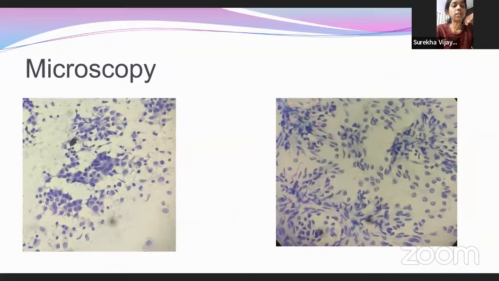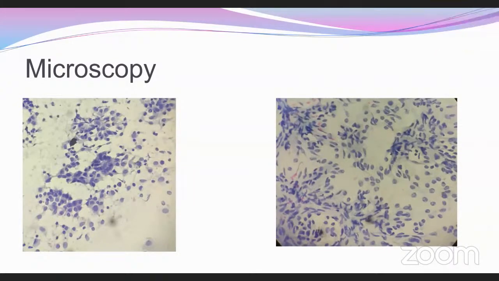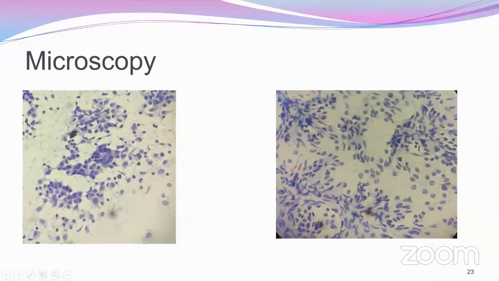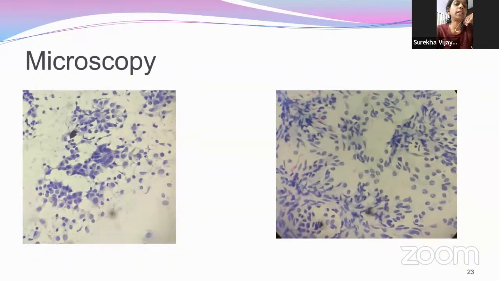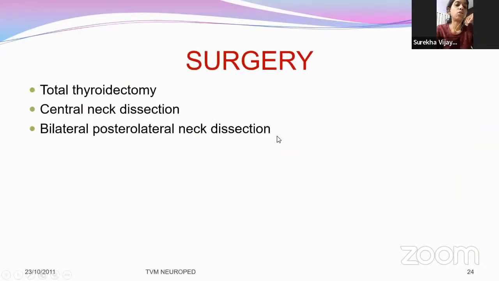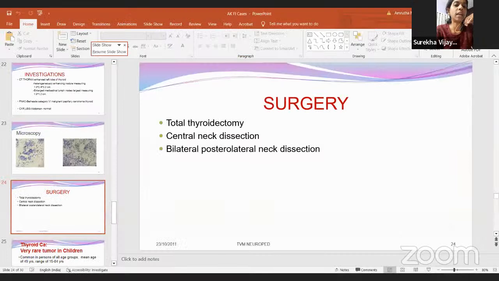For the second case, total thyroidectomy was done in both cases. Actually, for the first case, we could not retrieve the histopathology. The second case was a 12-year-old child. The final diagnosis was papillary carcinoma thyroid, diffuse sclerosing variant of papillary carcinoma